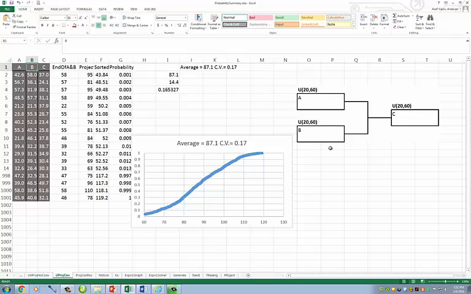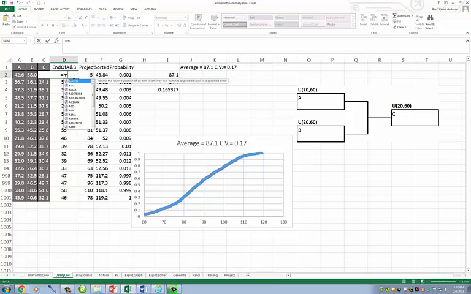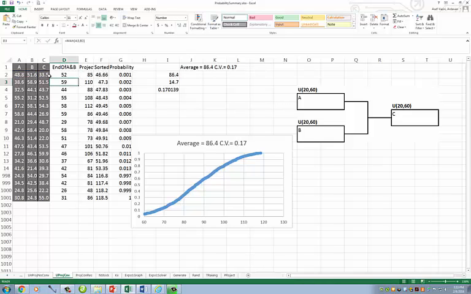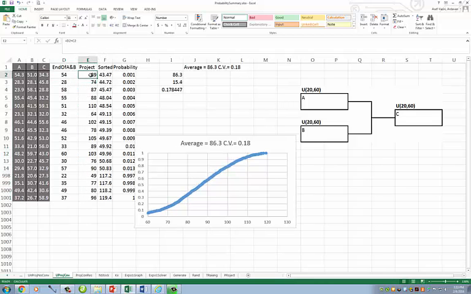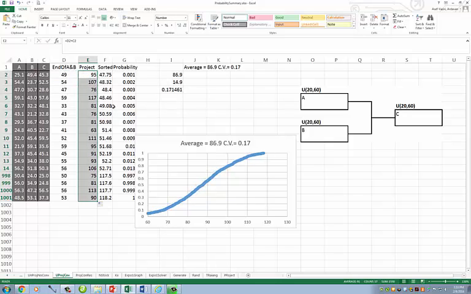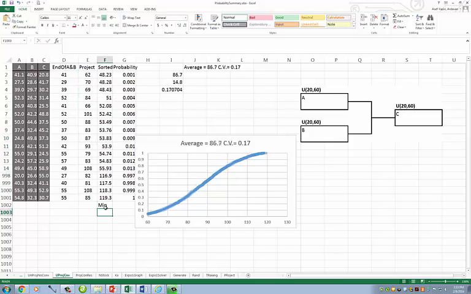And the end of both A and B is the maximum duration of A and B, when both A and B are completed. And therefore the duration of the project is equal to when A and B are completed plus the duration of C, the duration of the project. Min, max, min,